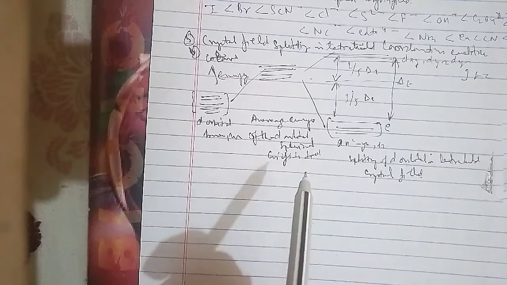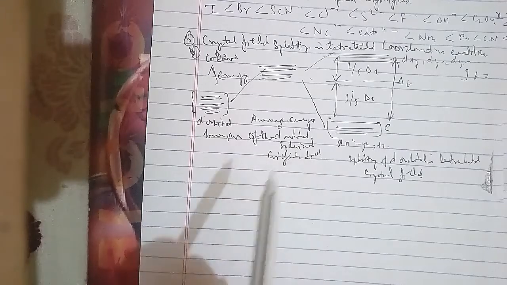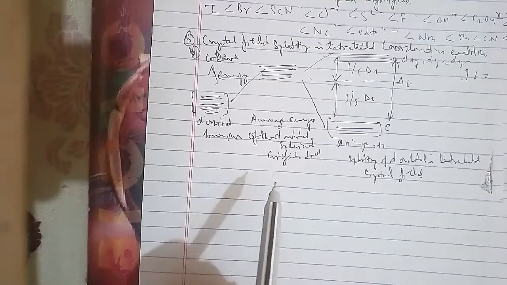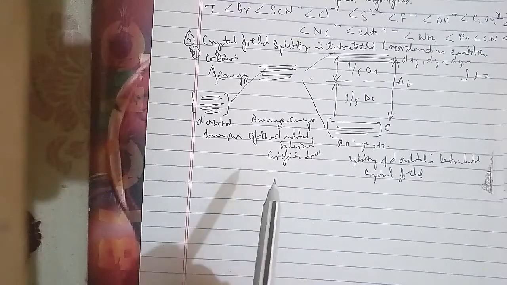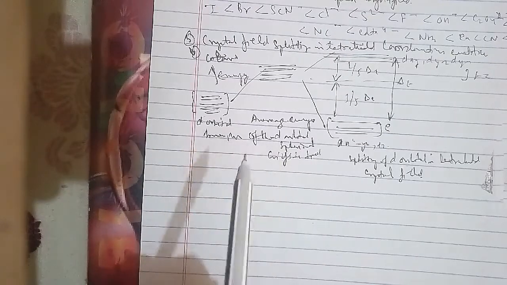corrosion. Unit 4 is chemical kinetics, where we had covered the rate of a chemical reaction, factors influencing the rate of a reaction, the integrated rate equation, pseudo first order reaction, temperature dependence of the rate of a reaction, and the collision theory of chemical reactions. Unit 5 is surface chemistry: adsorption, catalysis, colloids, classification of colloids, emulsions, and colloids around us. Unit 6 is general principles and processes of isolation of elements, where we covered